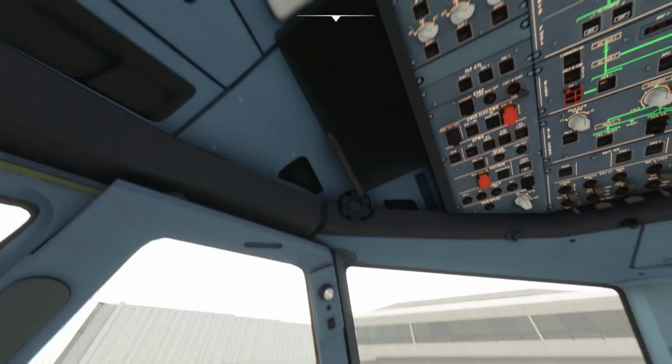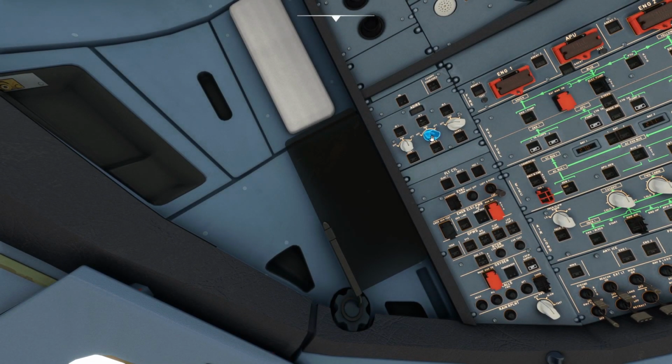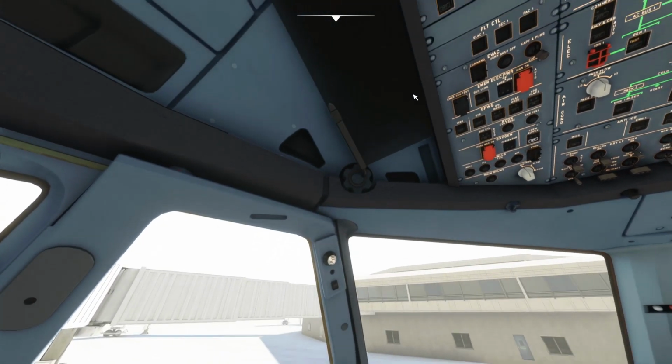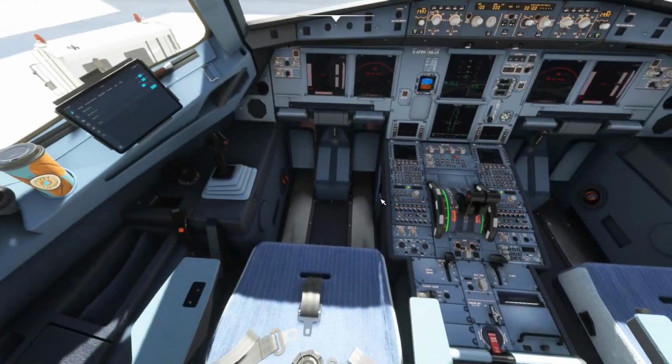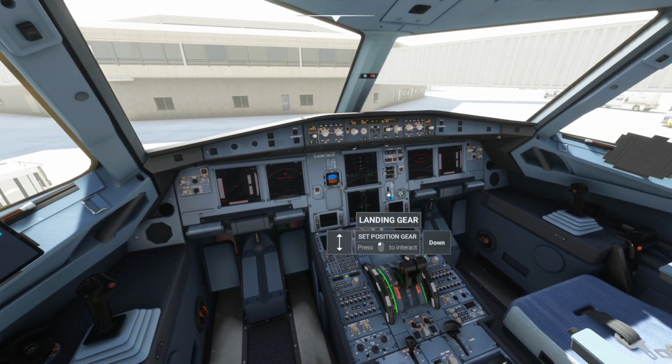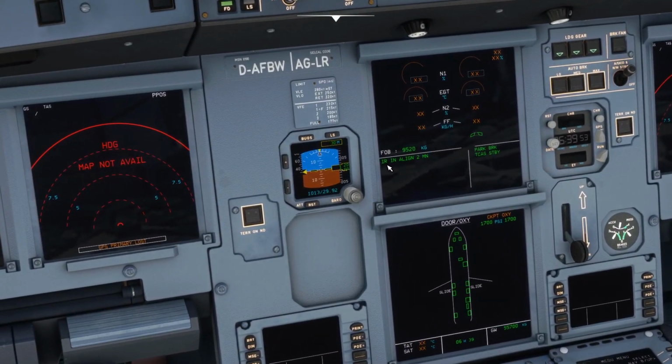Now let's turn on the ADIRS nav. The moment you set it to nav, you will see this message over here: IRS aligned in 2 minutes. So it will roughly take 2 minutes to align and to show something on the navigation display, the plane and the path and everything. Okay. So it will take some time. Anyhow,